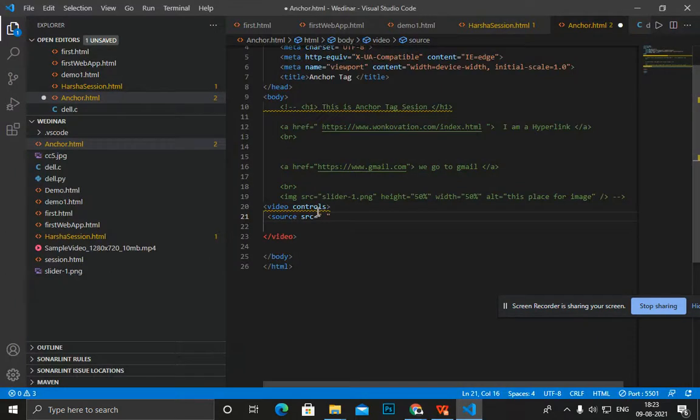Now let's move to the code editor, and here I write sample.mp4. You see my code editor completes it accordingly. Then I write an attribute, type. This is video slash mp4.